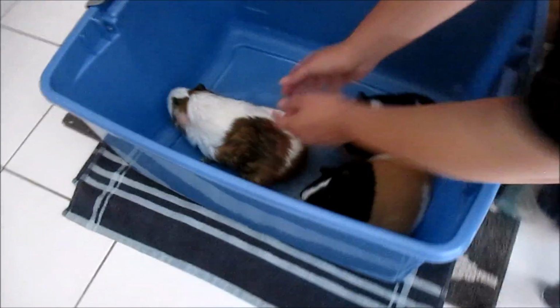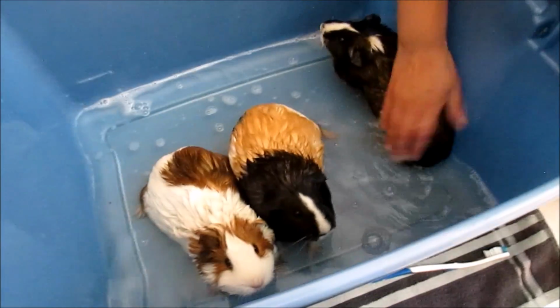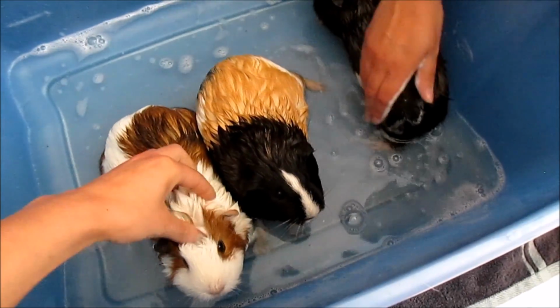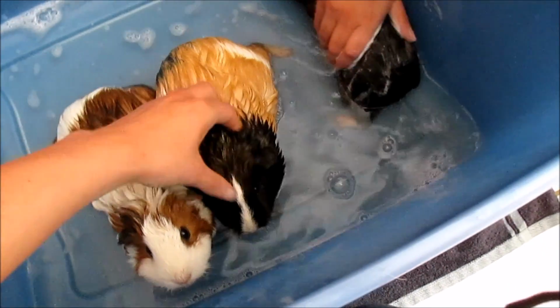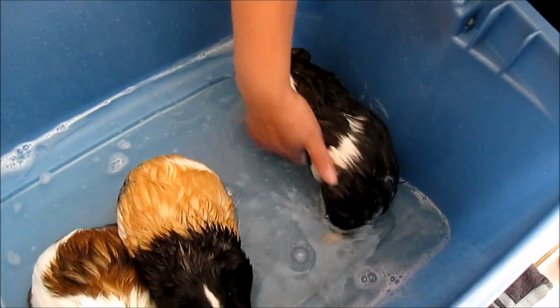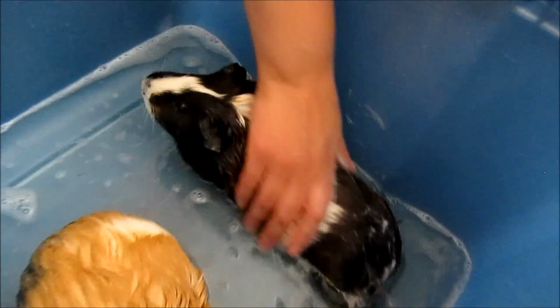Actually, being really calm. There you go. And there they are. Now they have to get all wet. So they're actually being pretty well behaved. I mean, Roxy pooped in the water, so I had to scoop that out. And little Isla, she's just being so chill. And Nevaeh usually tries to launch herself out, but she's being a good pig, right,